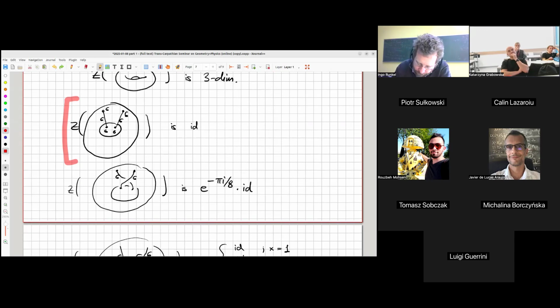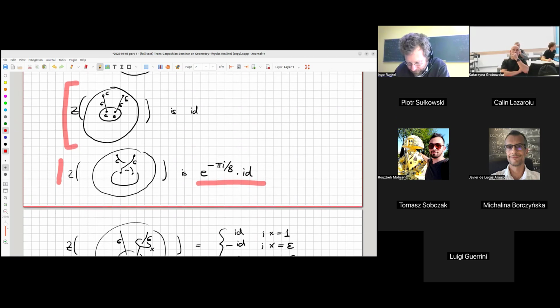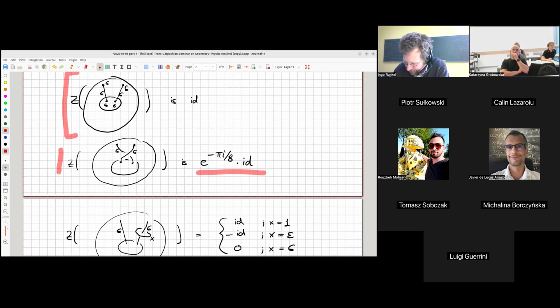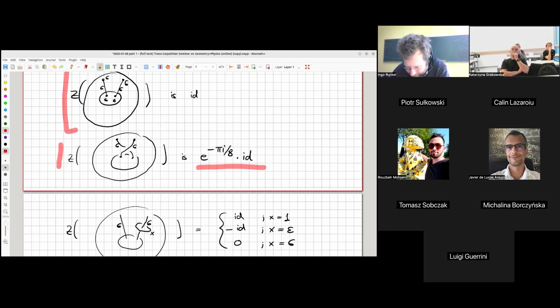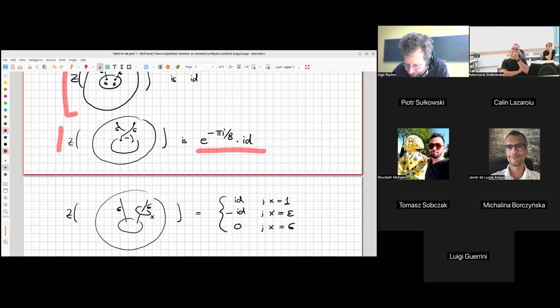However, I can now do some complicated things with my Wilson lines. I can sort of exchange them and braid them past each other, and then the TFT computes for you an answer. For example, here you get some phase. And I'm not explaining to you how you actually do these computations. I'm just saying you can. So this theory is well defined. One can read a big book, and then you can also do these computations at home if you want to. It's not difficult. It's just you have to remember some definitions.